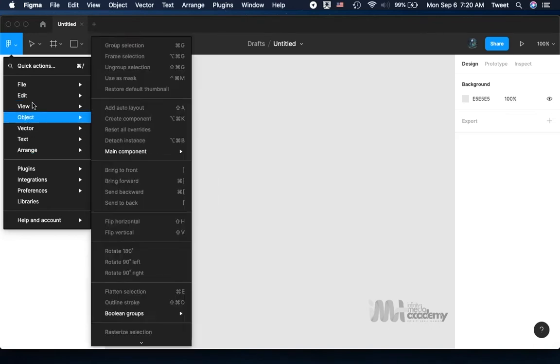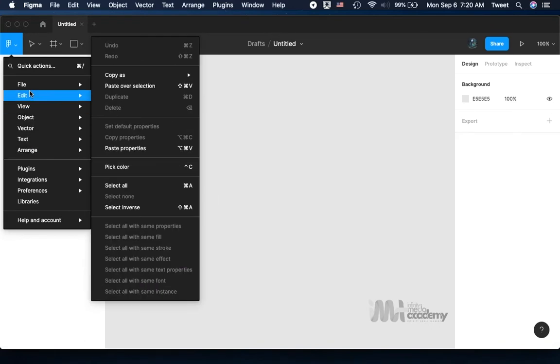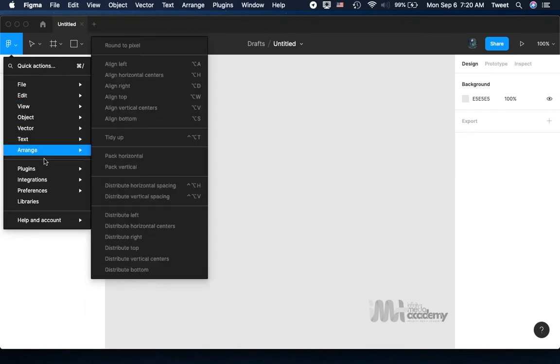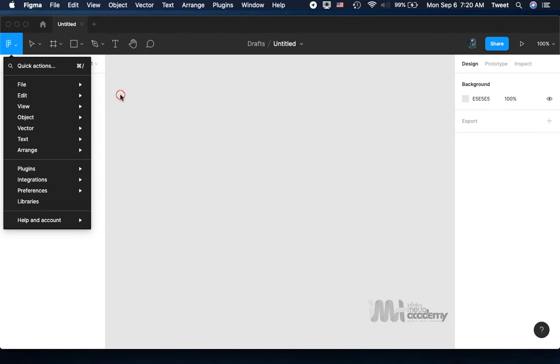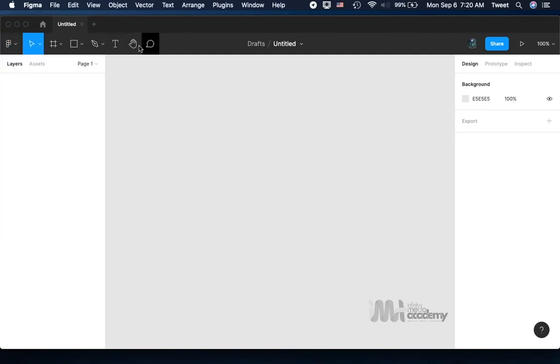View object, you will get to so many of this menu list you can see over here during the course of the class. Now, away from the main menu, the other items you can see over here, starting from this icon that says move to this other icon that says add comment, is the tools. So these are the tools you can make use of while you are working on Figma. When the class starts fully, when we start creating our designs, you get to know how to use all of these tools and